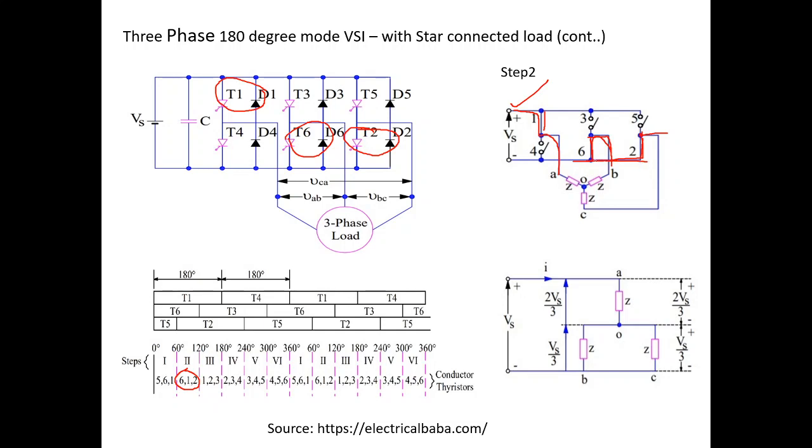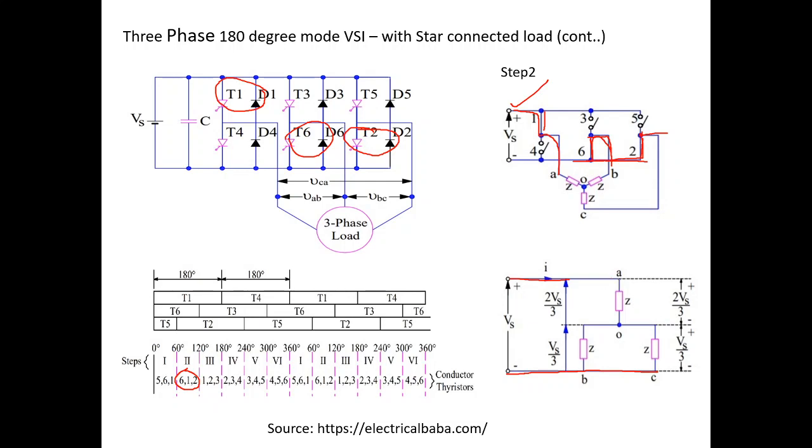So redraw the circuit diagram. If you redraw the circuit diagram, you can see that A phase is connected to the positive terminal, and B phase and C phase are both shorted, and these two together are connected to the negative terminal of the voltage source. Between A phase, B phase and C phase, we have a balanced three-phase load. Now apply network laws, voltage division rule and current division rule, or mesh analysis or nodal analysis, whatever technique you are familiar with, and obtain the phase voltage and line voltages. I leave it to you. It is very simple to do.